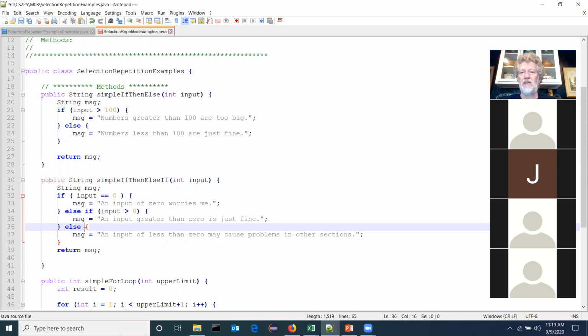Else if input is greater than 100, else if input is greater than 500, else if input is greater than 600, on and on and on. The sequencing in which you do those may matter. For example, if I said else if input is greater than 0, now let me put another one in here. Else if input is greater than 100,